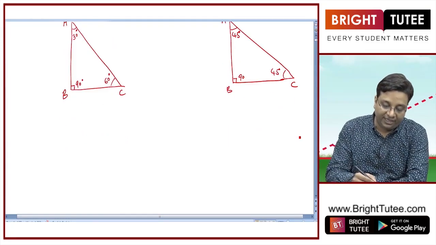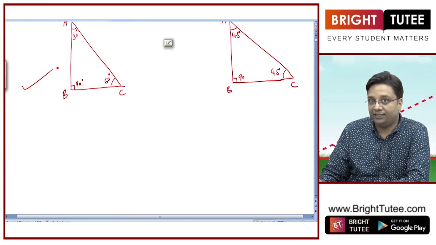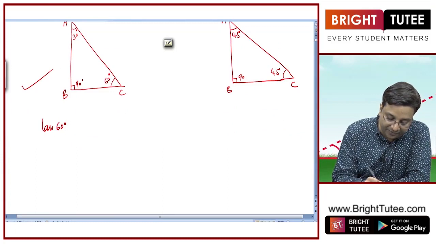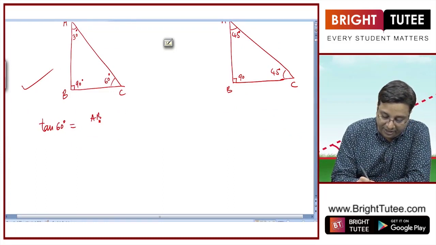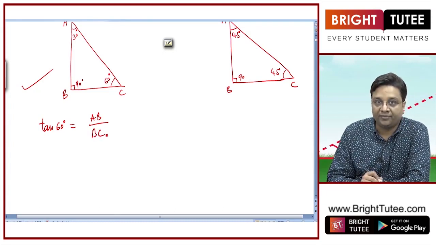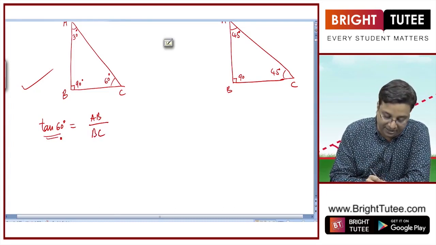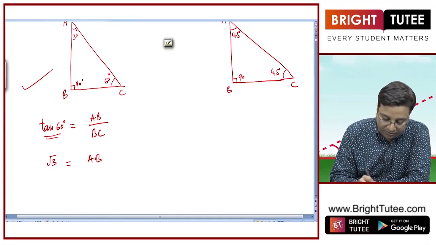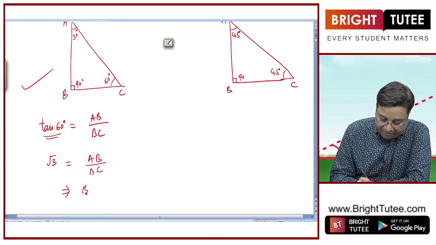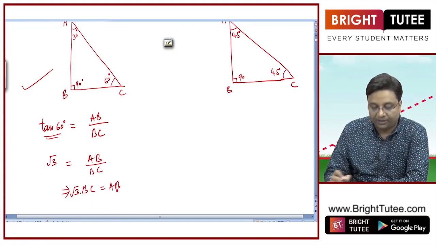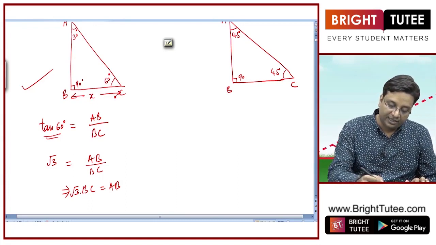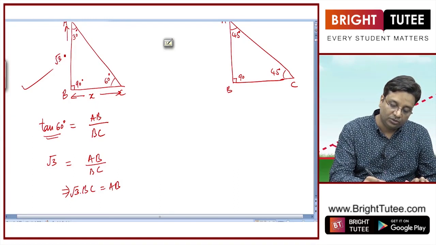For example, if I take this 30, 60, 90 triangle, what I can say is that tan 60 in this triangle is equal to AB upon BC, right? And what is tan 60? Tan 60 is root 3. So AB is equal to root 3 times BC, right? So if I take this length as x, then I can say that AB is equal to root 3x,